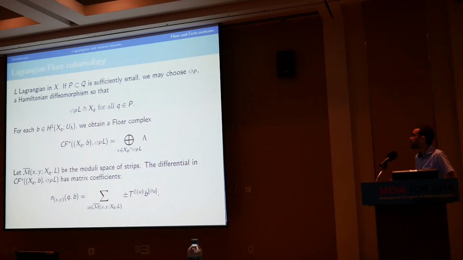So the differential in the Floer complex can be expressed as follows. My Floer complex has a basis corresponding to the intersection points. So if I write down the differential, it's going to have some matrix coefficients. The matrix coefficients for X and Y are a sum over all elements of this moduli space of the following expression. I take this U, which is such a disk, I put a plus or minus sign by some rules which I definitely do not want to explain. Then I take T to the energy of U, the energy is just the area, and then finally this B is going to appear.